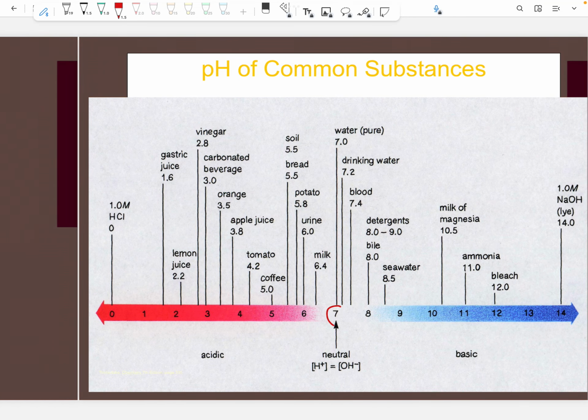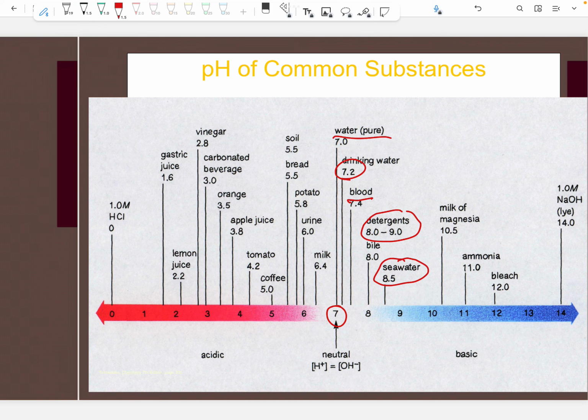We have neutral right in the middle with 7. That's where the hydrogen ions and the hydroxide ions are equal. Water, pure water is at 7. Drinking water is around 7.2, so it's a little more alkaline, a little more basic. Blood, a little higher than that. So detergents typically end up in the 8 to 9 pH range. Seawater, relatively alkaline, pretty basic,